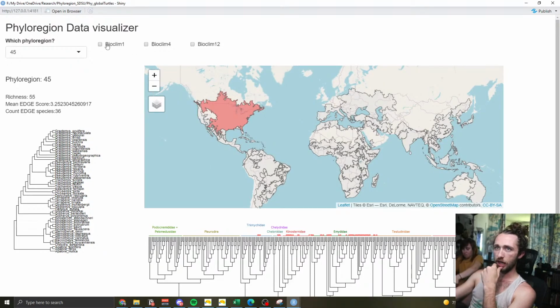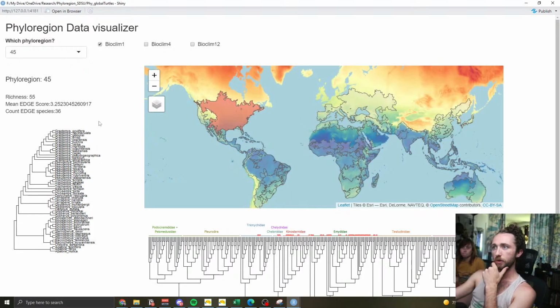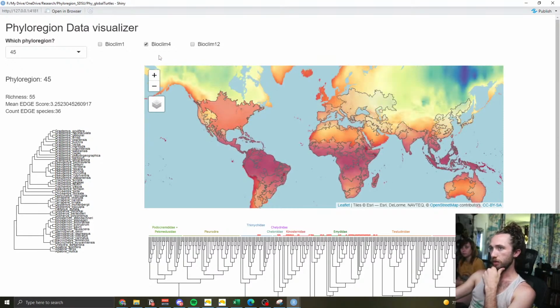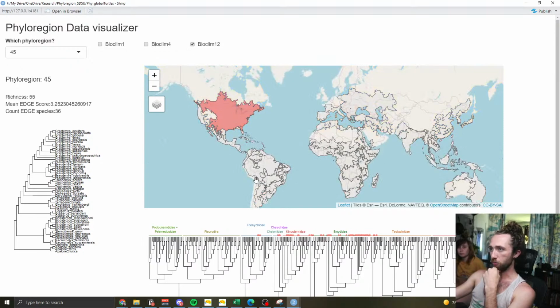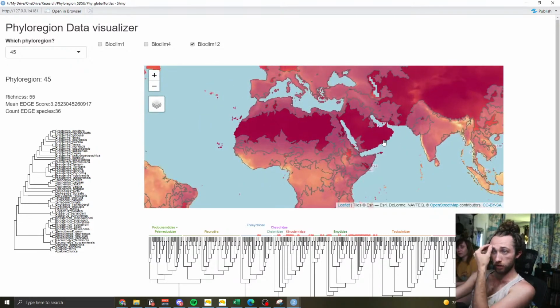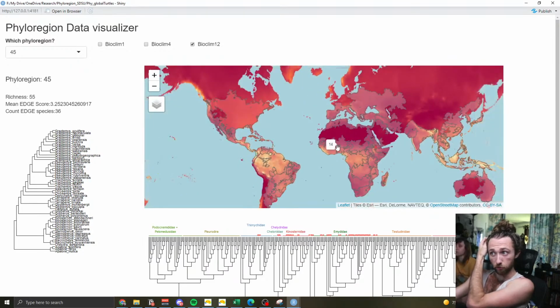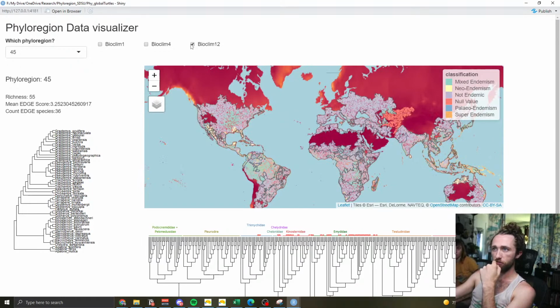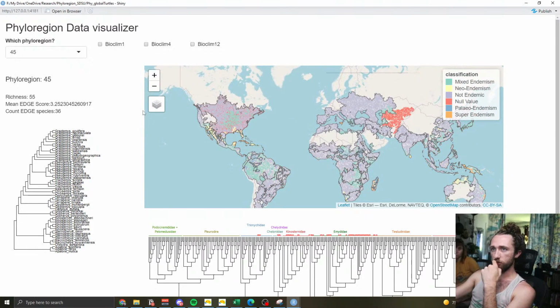But then I added in the ability to turn on and off different bioclim variables. So, for example, temperature, seasonality, and mean precipitation for the year. I need to add the scales, but the scales are being kind of annoying, so I didn't worry about that too much. But just this visualization, where it's just my borders and the canopy results,